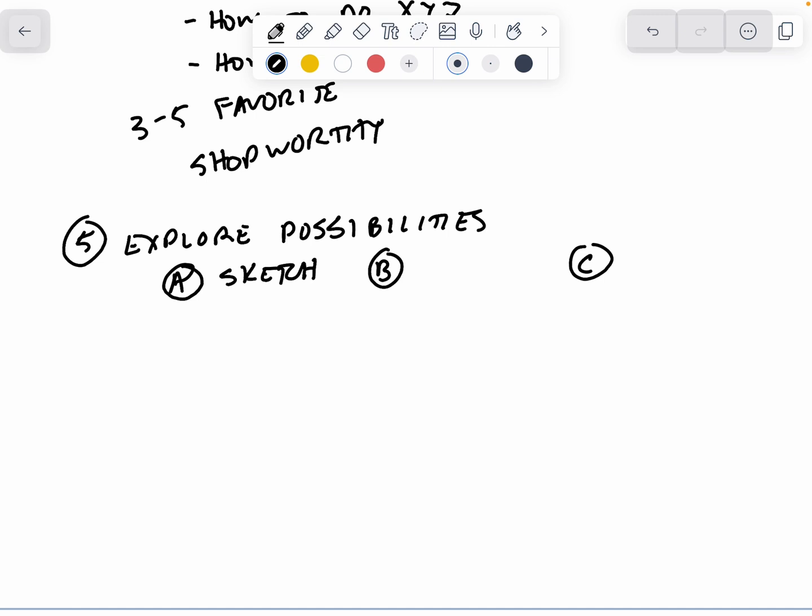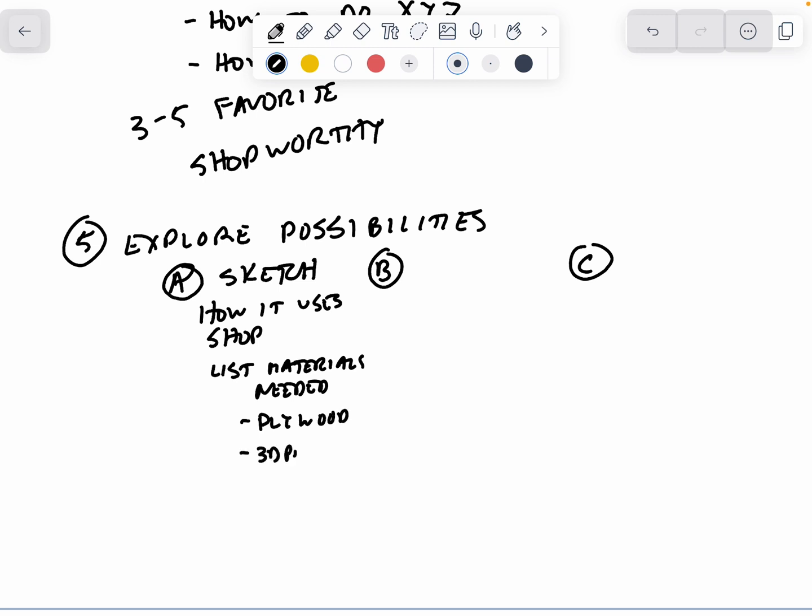You're going to explain how it uses the Shop. You're going to list materials needed. So for example, it doesn't have to be too specific, but maybe you're going to need some plywood. Maybe you're going to have some 3D printed parts. Now keep in mind, if you do want to do 3D printed parts,